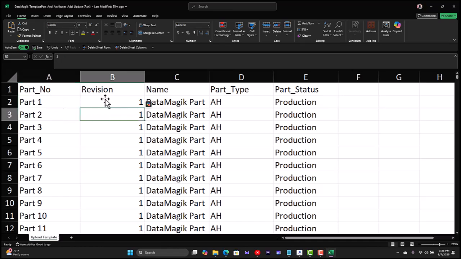We've got our part, our revision, our name, our part type, and our part status. One of the really cool features with DataMagik is that you can embed these templates right inside of another Excel file. That's right. So if you have a really complicated spreadsheet